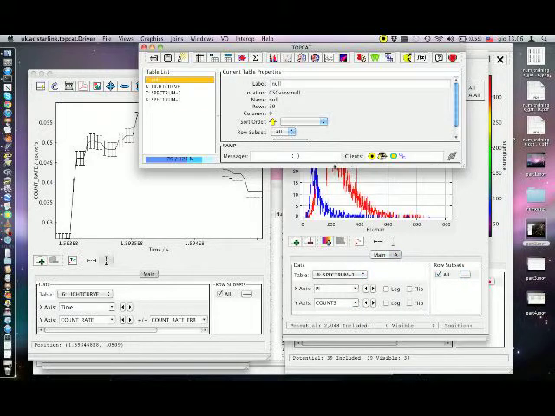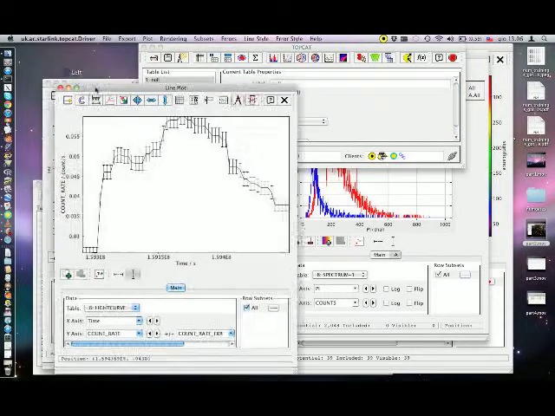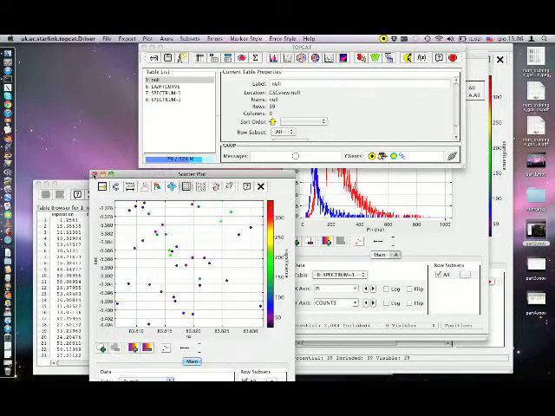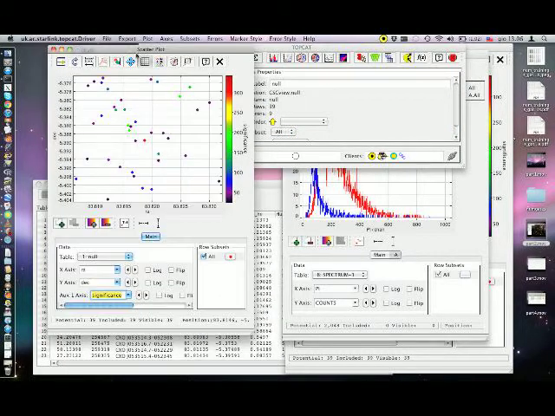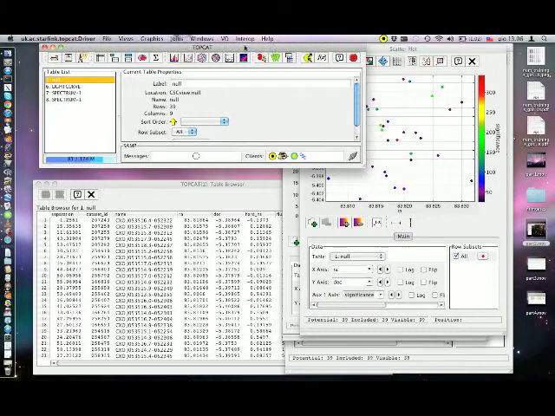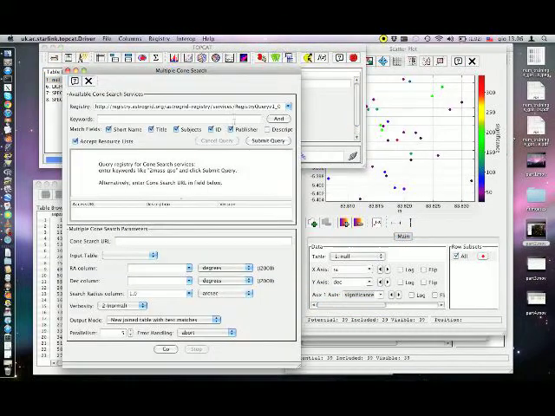Let's go back to our first table and ask, are there any near-infrared observations of the same sources we have observed in X-rays? We'll look for 2MASS observations. Here, we have selected one registry, which is essentially a phone book of all the resources available to the virtual observatory. We'll look for 2MASS sources,